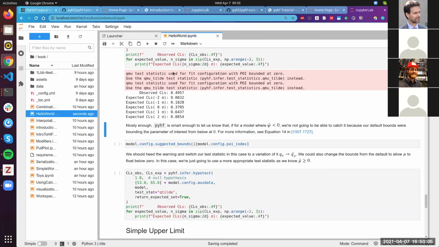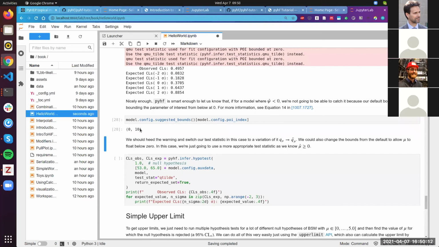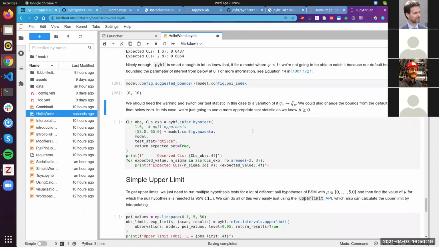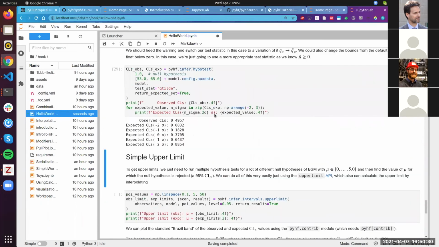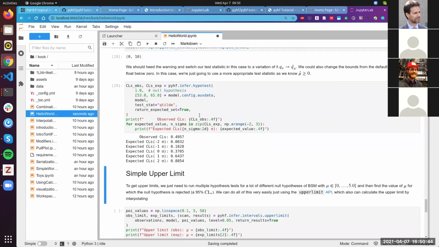So now we can go ahead and actually look at this information. And as I already mentioned, if we look at our model parameter, it's actually bounded between 0 and 10, which is what we want. But if we now reevaluate this using what is known in the jargon as the alternative test statistic, q tilde, which is making the assumption that you're bounded at 0, then this runs very happily and it gives you the same observed and expected CLs values, I think almost exactly. But that's for this very simple model. Most of the time the test statistic and the alternative test statistic will be similar,